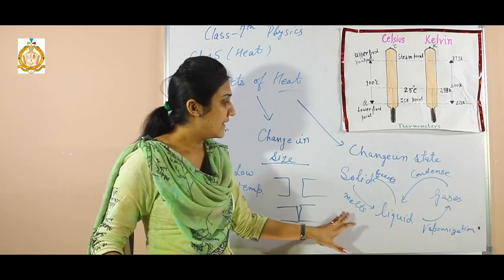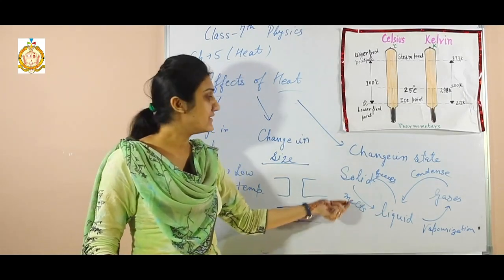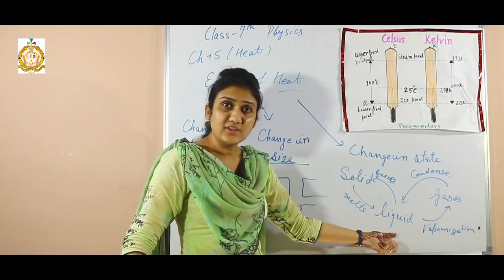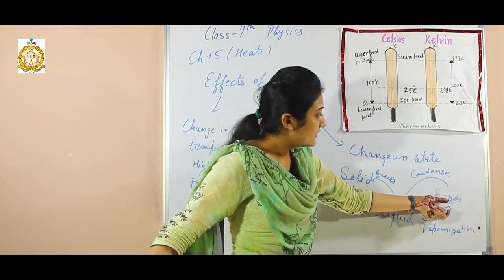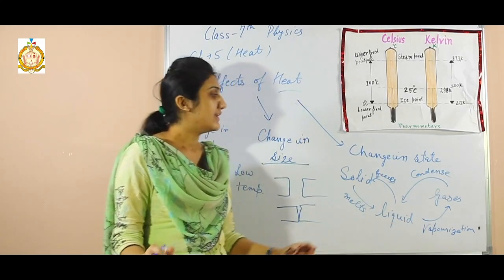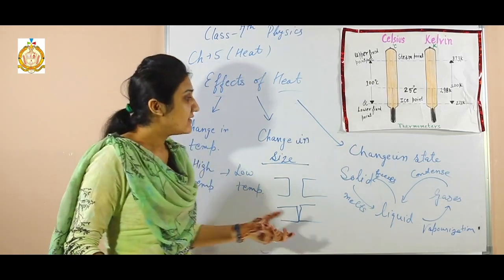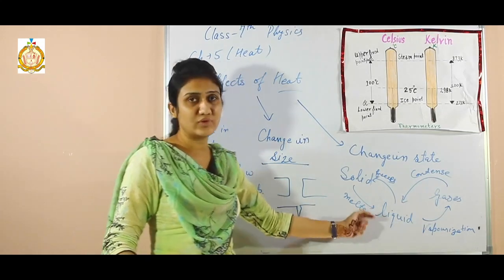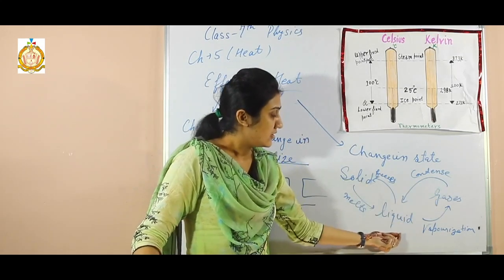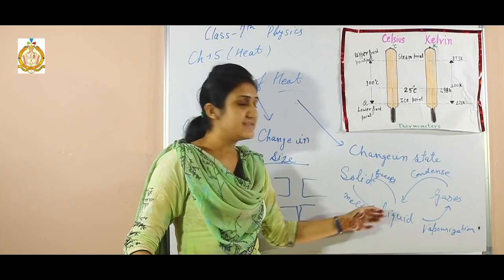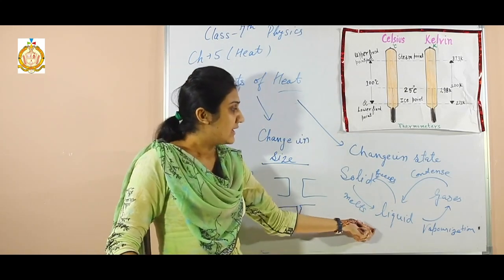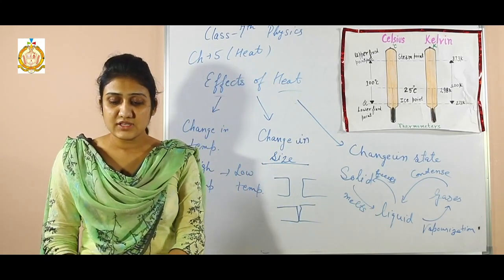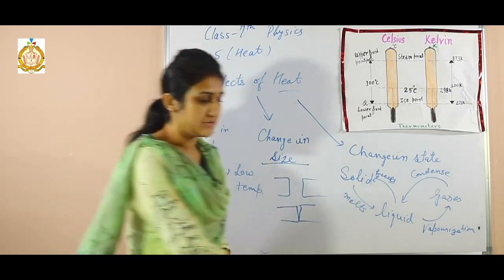When a solid melts, we provide heat, that is there is absorption of heat, and when liquid vaporizes, there is again absorption of heat. But when gases condense, they come close to each other and liquid is formed by the release of heat, or you can say removal of heat. And when heat is removed from liquid, it freezes to form the solid state. Next we shall discuss good conductors and bad conductors of heat.